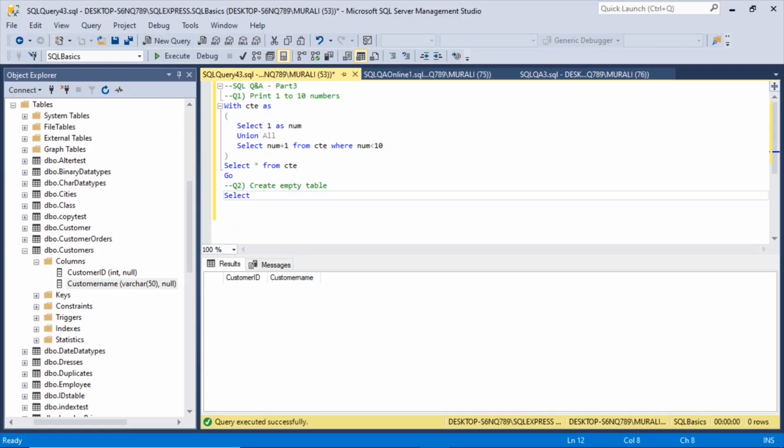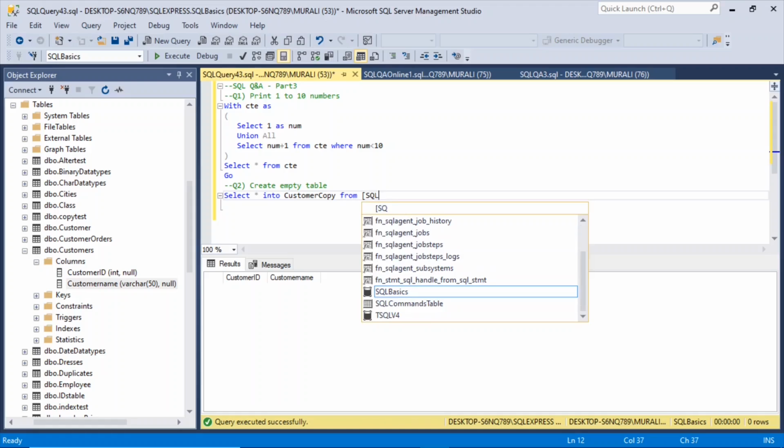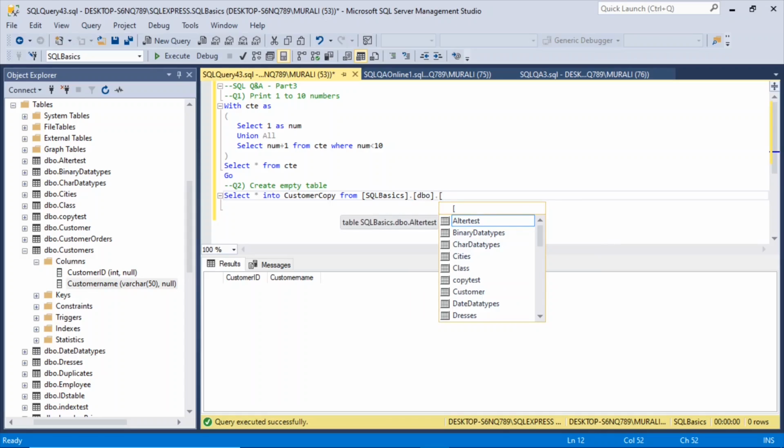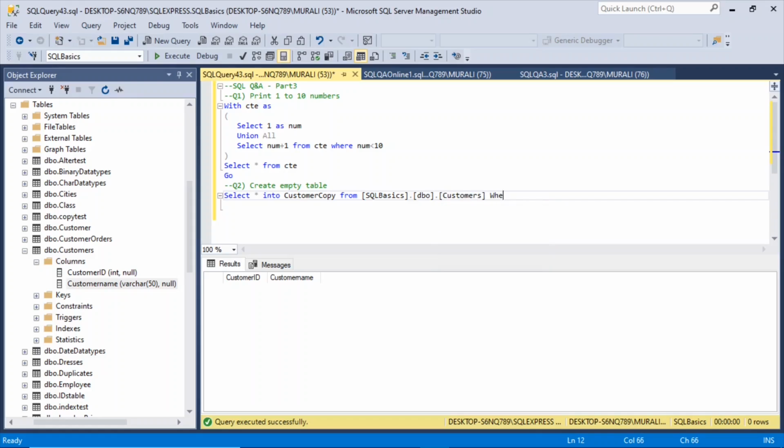So select star into customer copy from SQLBasics.dbo.customer where 1 equal to 2. If I execute this,